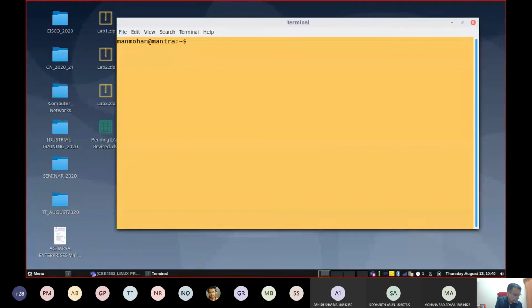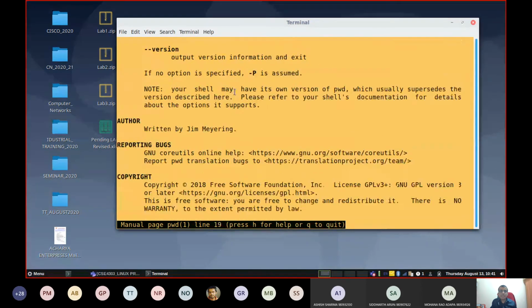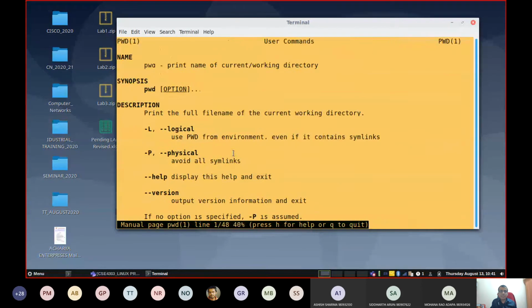Once again, I will remind you about the man command and its importance. Any help you want regarding a command, you can type man and then the command name. Say, for example, there was a command called pwd. Then you see present working directory: print the current working directory, and what the different options are.